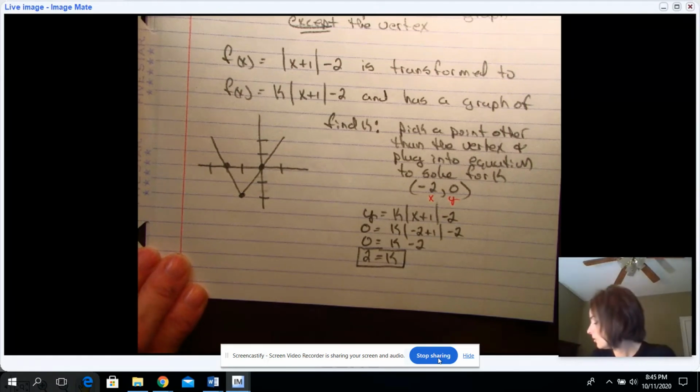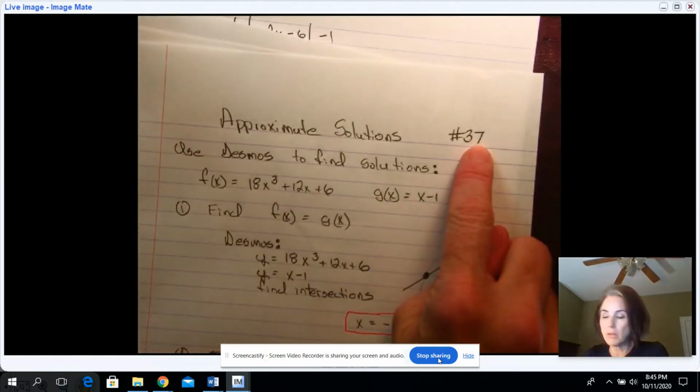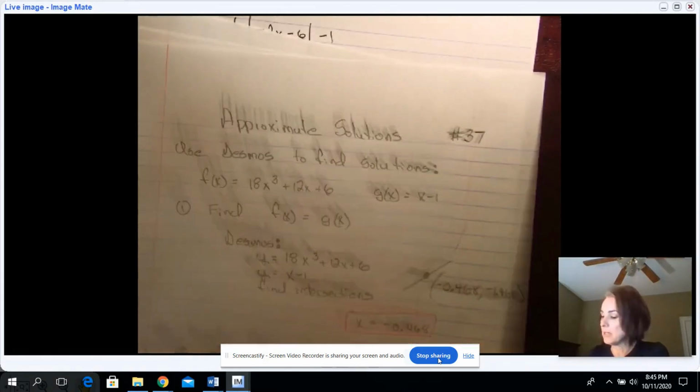So here's what you're going to do. You are going to make sure that you label number 37, make sure your name is on it, and you should have